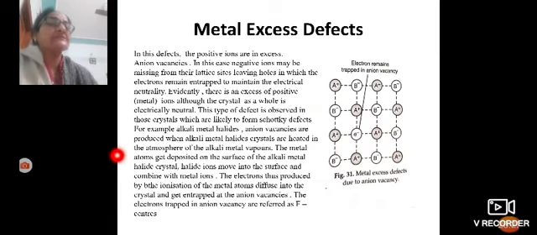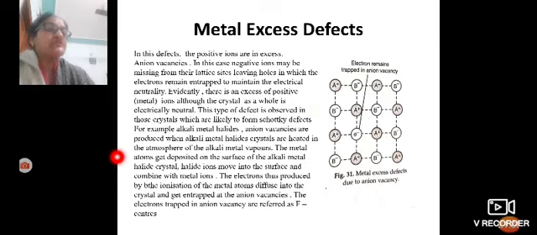First is the metal excess defects. In this defect, the positive ions are in excess. Anion vacancies. In this case, a negative ion may be missing from its lattice site, leaving holes in which the electron remains entrapped to maintain the electrical neutrality. Evidently, there is an excess of positive, meaning metal, ions. Although the crystal as a whole is electrically neutral,